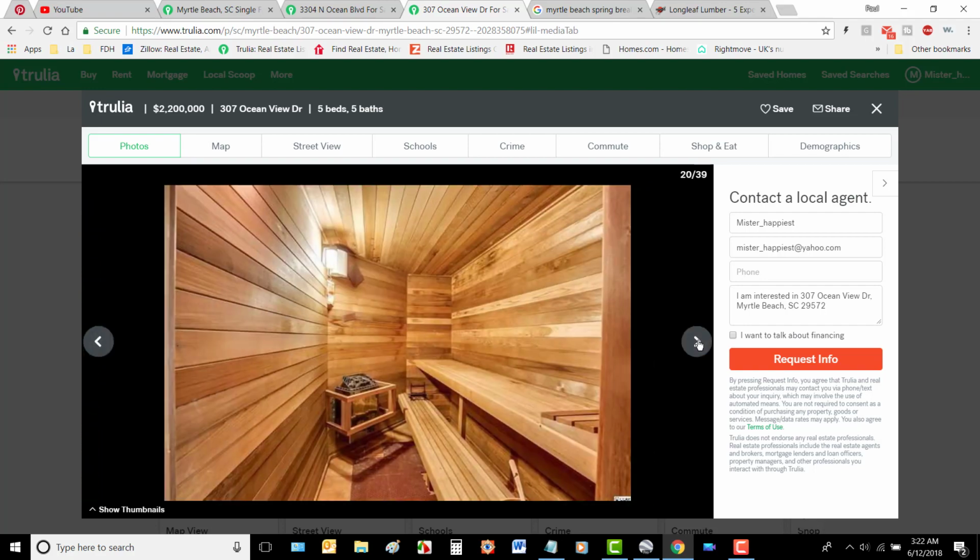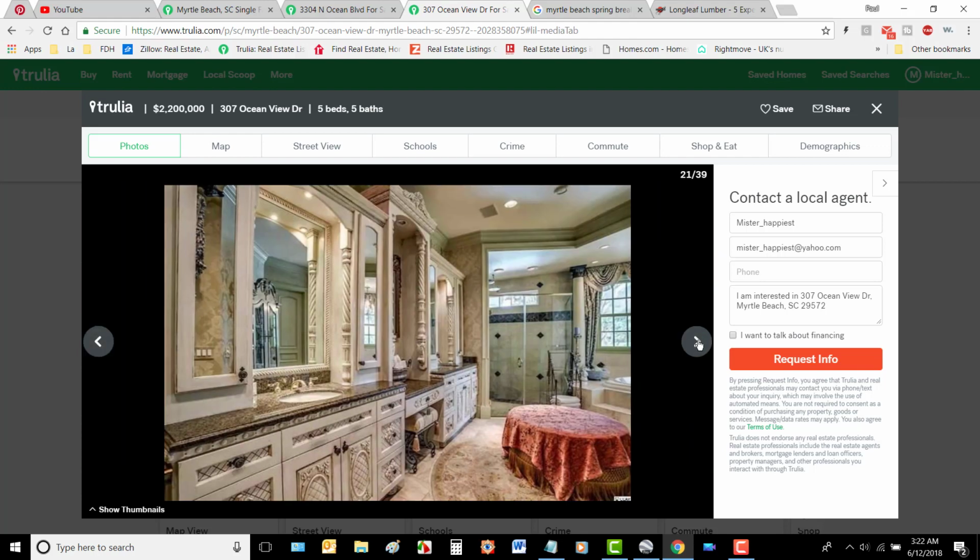Here's the sauna. Nice sauna. You know, not a lot that you can do with a sauna. Now we're getting into what I call a top-end master bathroom, where if you're going to build a multi-million-dollar house, I want to see a master bathroom like this. You know, not necessarily this style, but to me, it's somebody actually thought about it. They said to the architect, we want something that's not your typical master bathroom. You know, we want a really cool